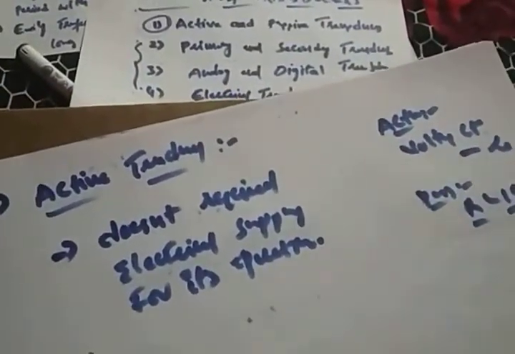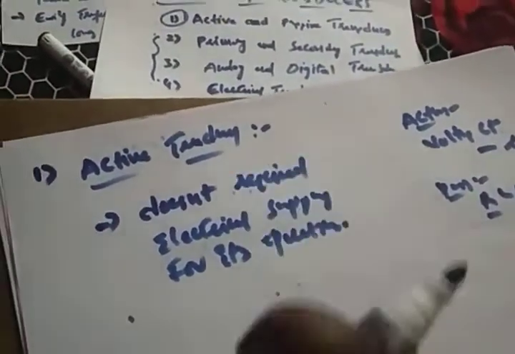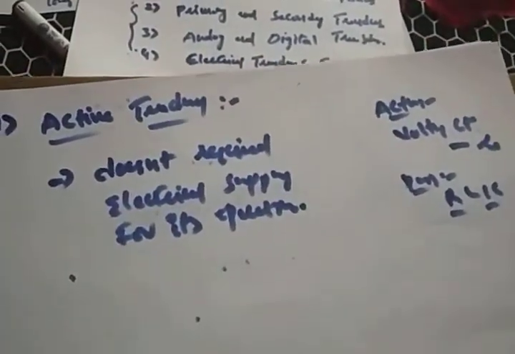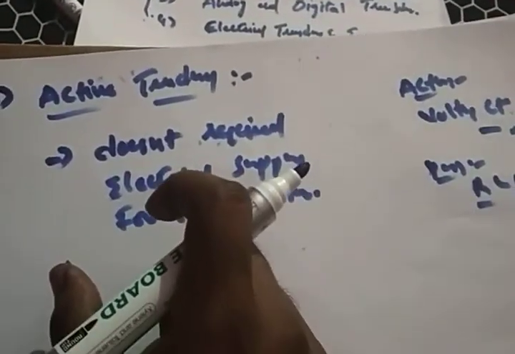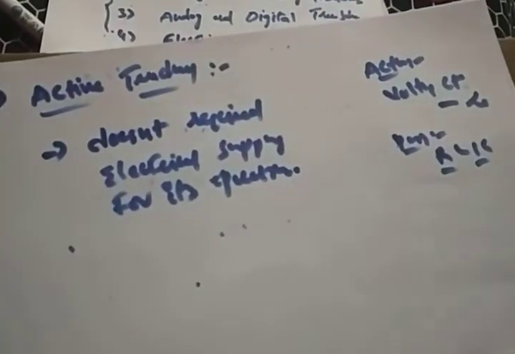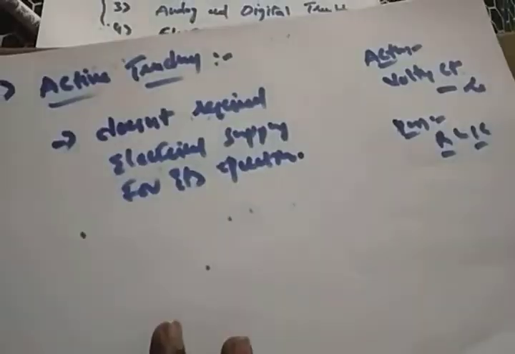I'll discuss active and passive clearly in the next session, because that's our syllabus, right? So I just want to explain briefly. What is an active transducer? An active transducer is a transducer that doesn't require electrical supply for its operation. That means whatever energy, whatever voltage is generated in the transducer itself is sufficient to operate this active transducer. What is an example of